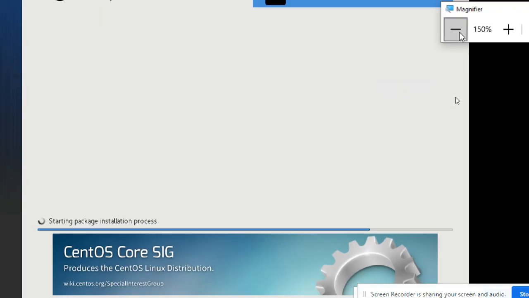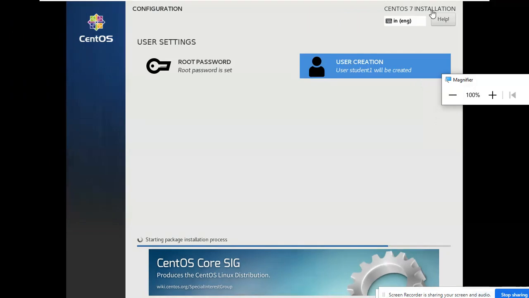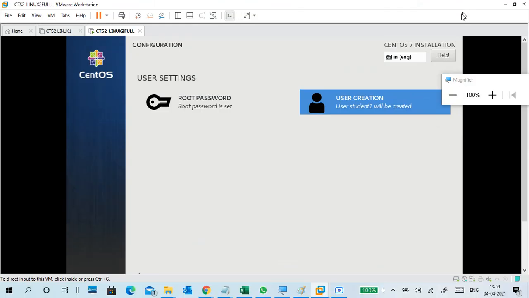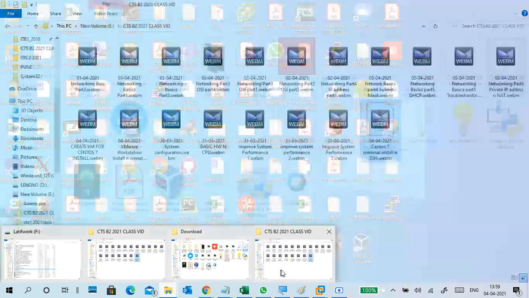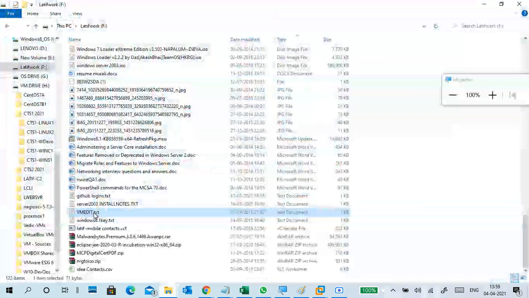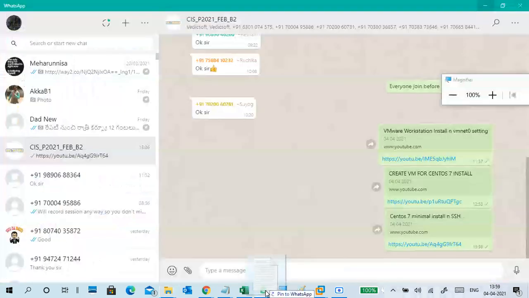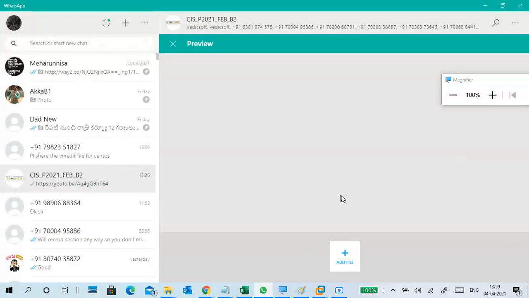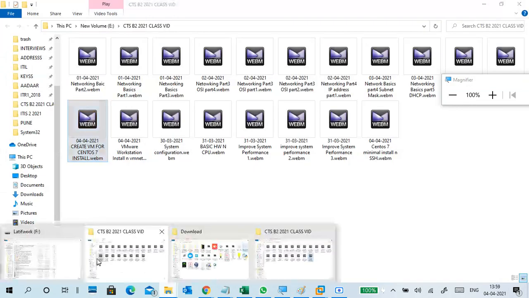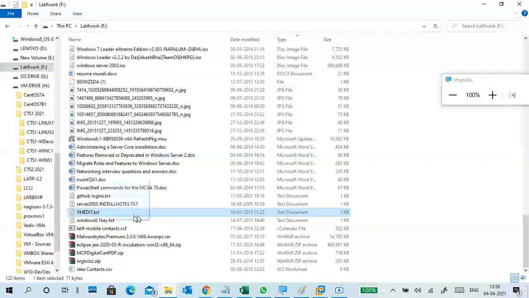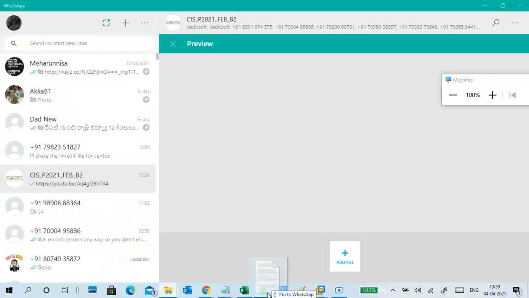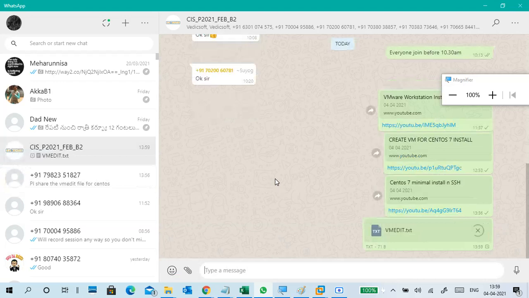Now it is still in process, it will take a little bit of time to complete because a lot of packages are there. This is a VM edit. Why is it not showing here? Okay.